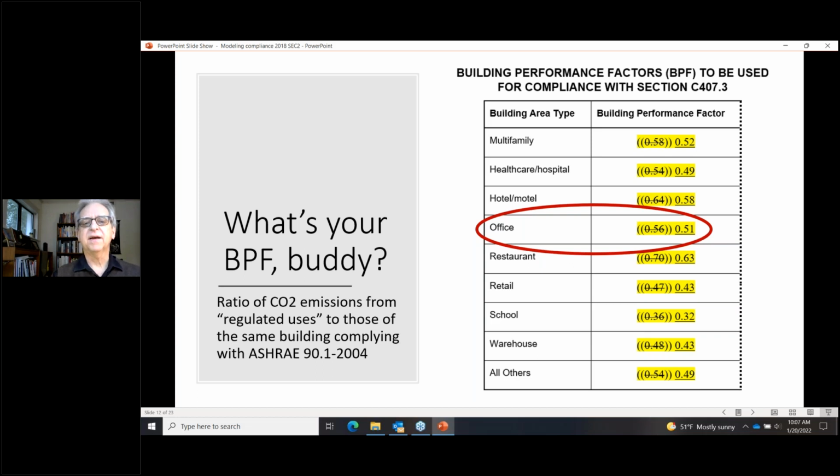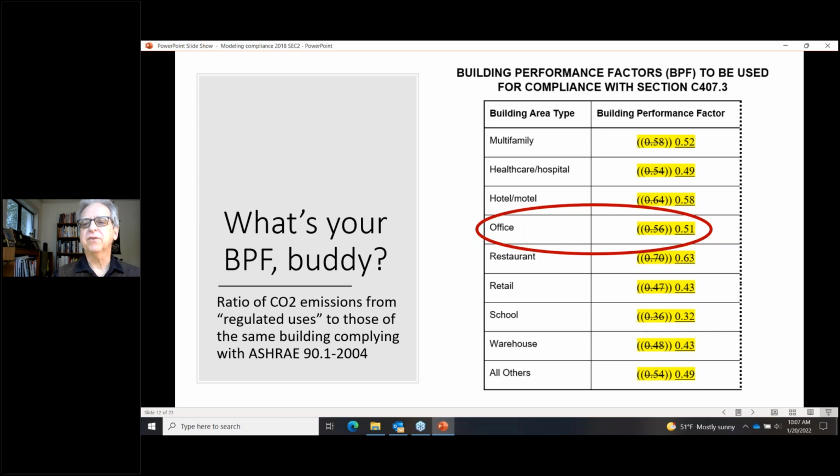And you've got a building performance factor, and this compares the amount of emissions that your building is going to generate with what it would have generated were it built to the ASHRAE 90.1 2004 version.